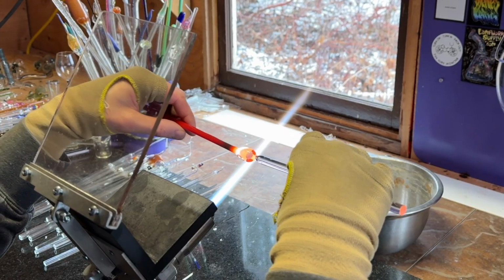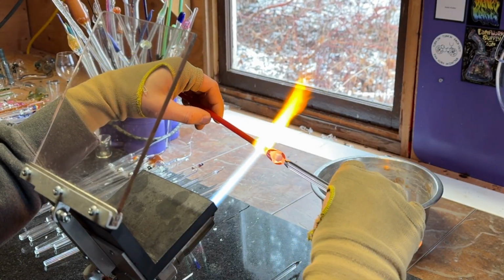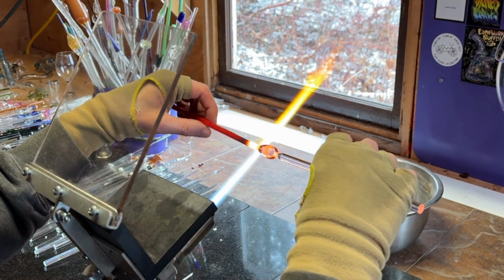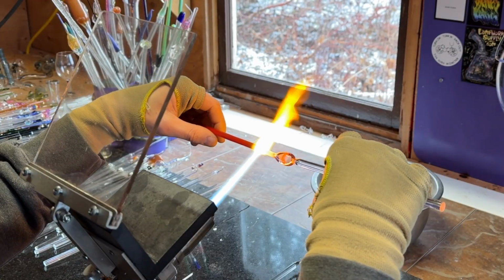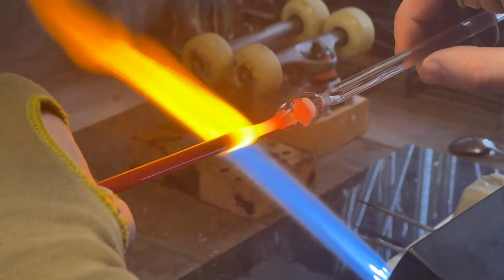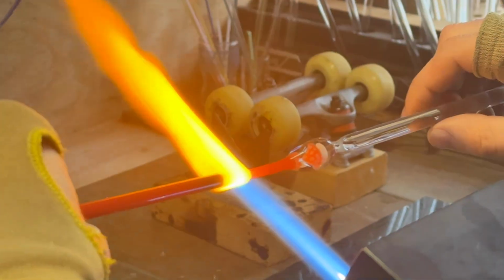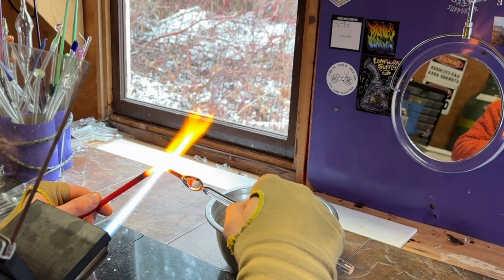I heat up the top of the mushroom a little bit just to stretch out the top of that teardrop shape to begin with, and then I go straight in on that piece of ketchup, and I'll stretch it just a little bit so that I can make a bail. See, you can see it's a little thinner now, and I'll flame cut that away. And then I use gravity to let that tail kind of droop in one direction,